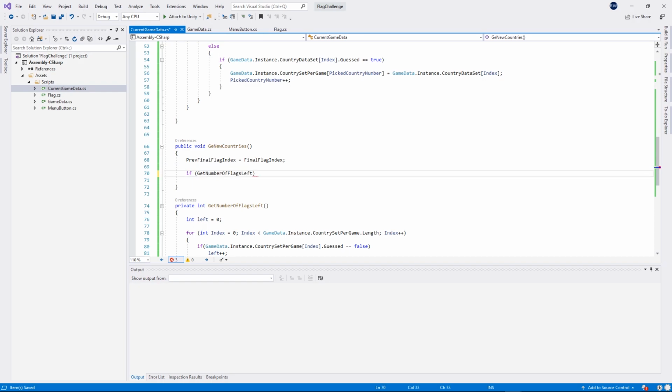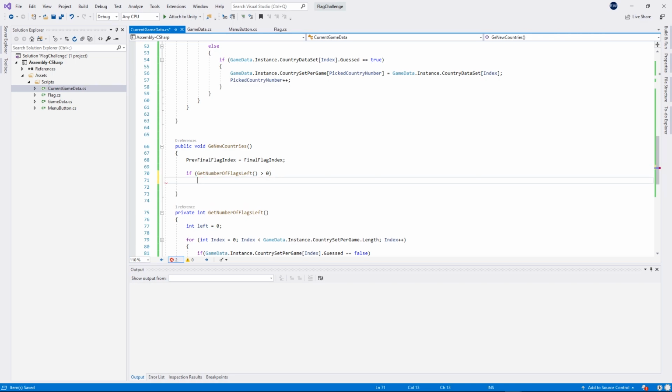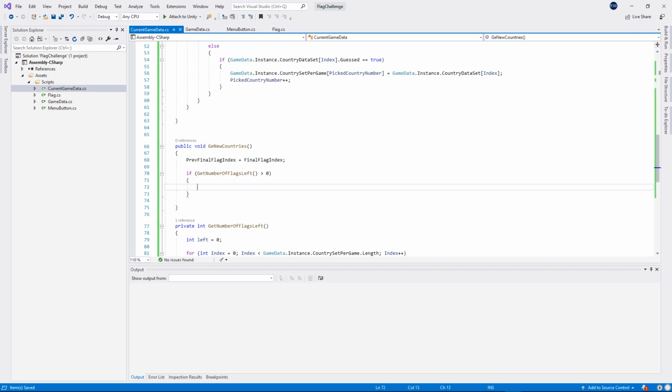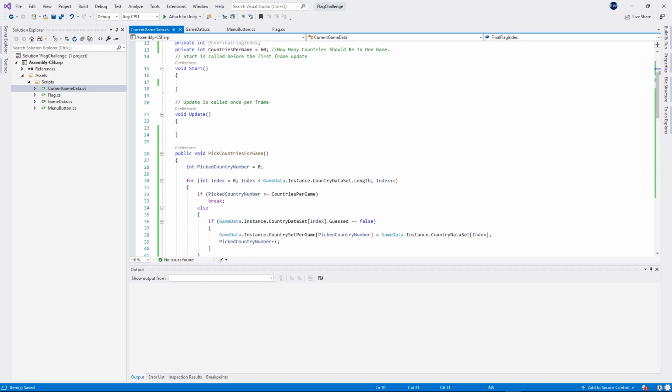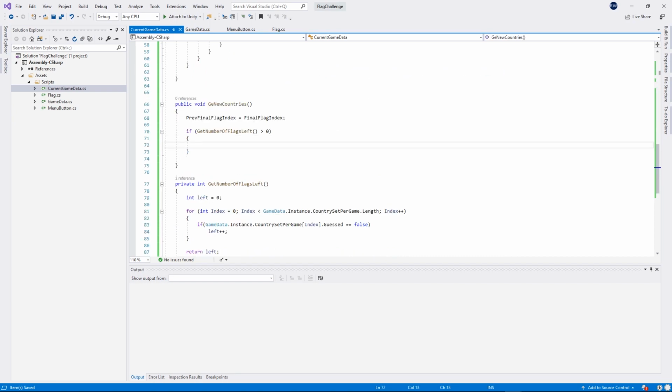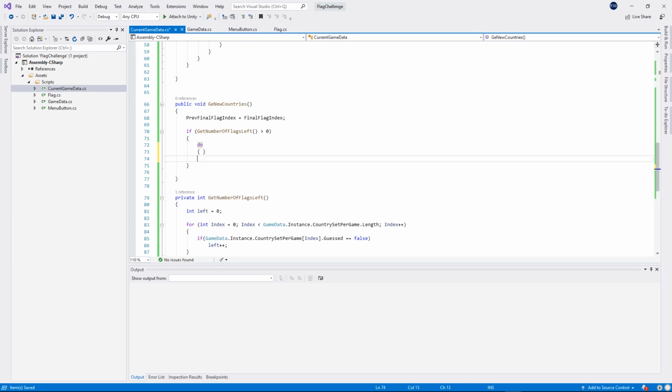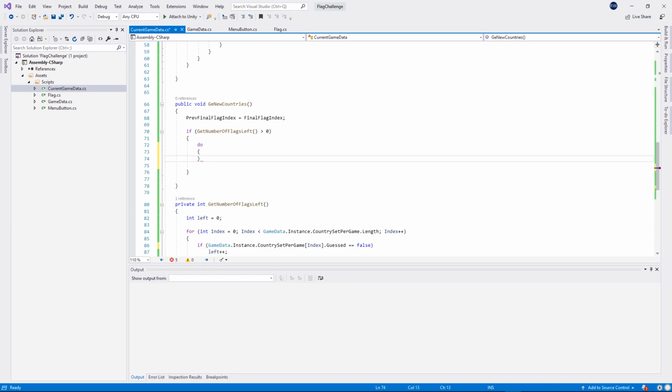So if we still have some flags available for us, then what we want to do is actually assign those 3 indexes. Okay, so we want to get first of all the final flag index. So I'll create a do while loop,